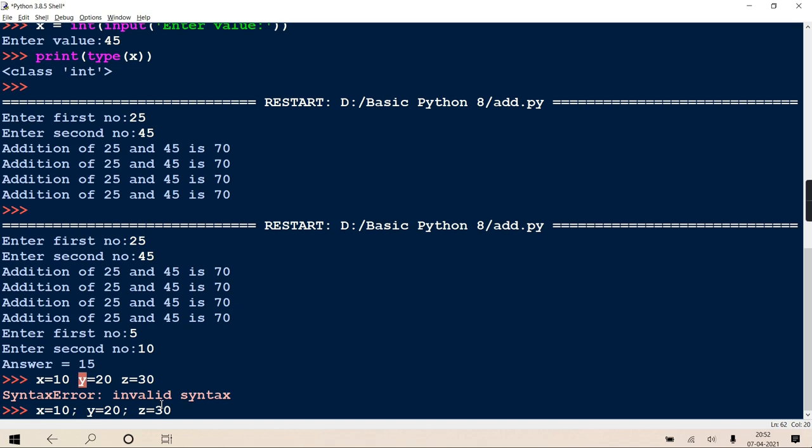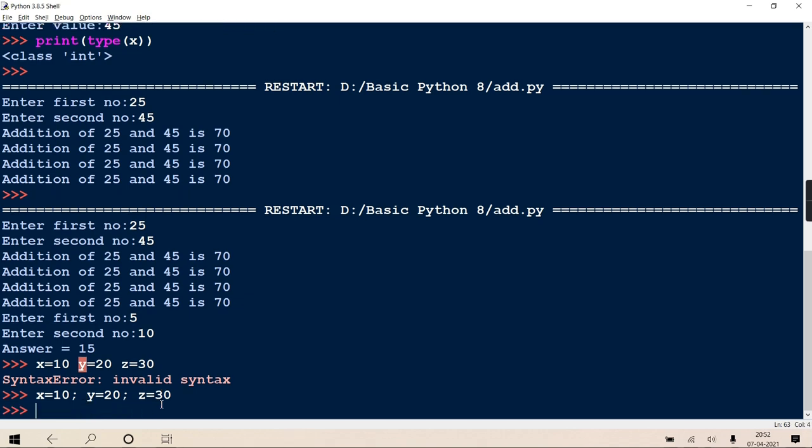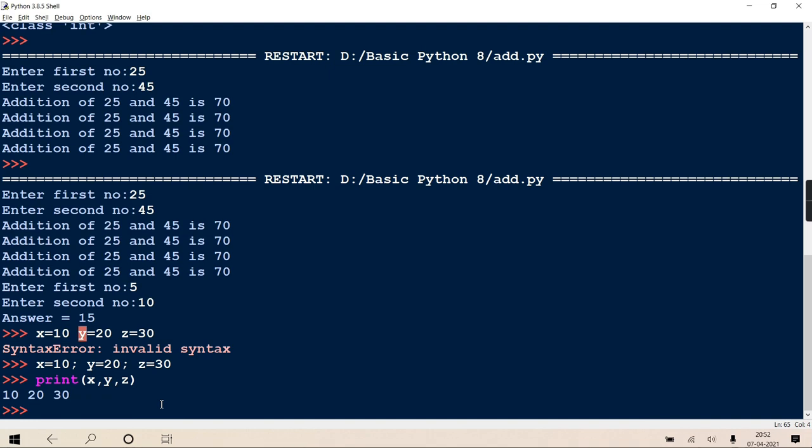Okay, now when I press enter, it won't give an error, and it has created three variables. If you want, print and see this. Getting? So I hope it is clear to you what the semicolon's meaning is in Python.